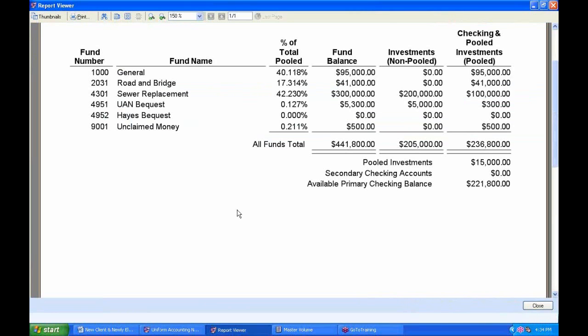Maybe we'll look at this fund status again now. You can see in our example we have no secondary checking accounts, so it's zero balance. Notice that the checking accounts are pooled. That means it combines it. Well, actually we'll talk about what's pooled and not pooled in relation to investments, but it combines all the cash together